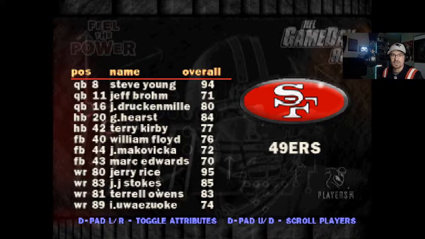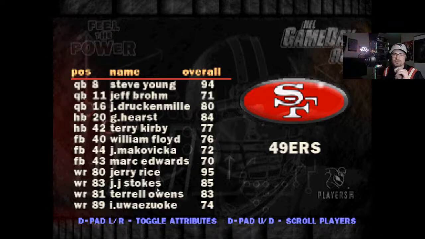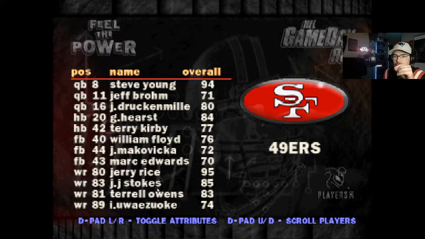Steve Young is still in the game. This, I believe, is his final season. I can't be sure about that. I didn't look it up. But I'm fairly certain, I believe, that he loses to... It's either this year or it's the next year. I think it's the next year. So this year he loses out to...